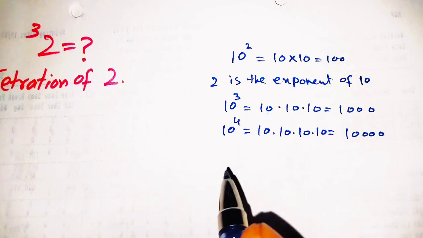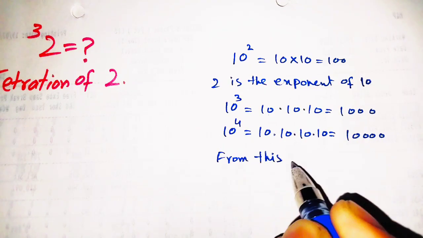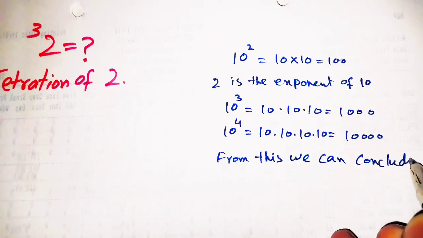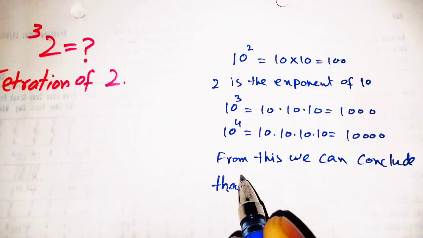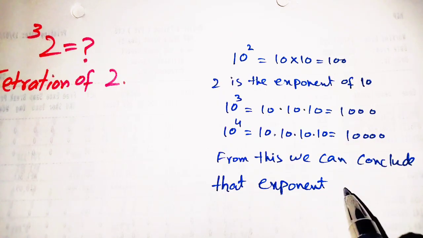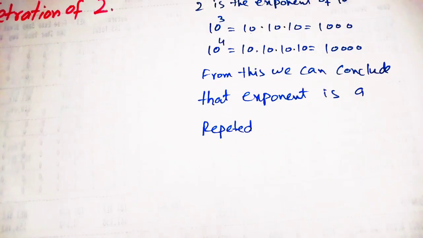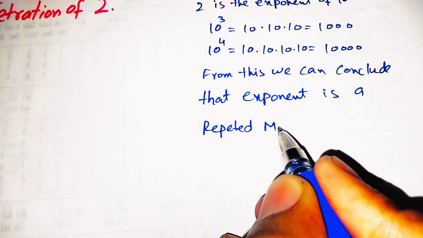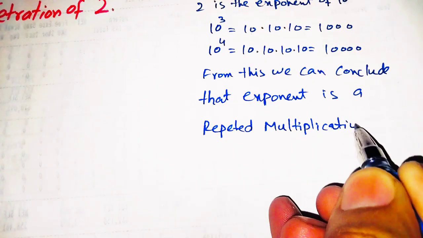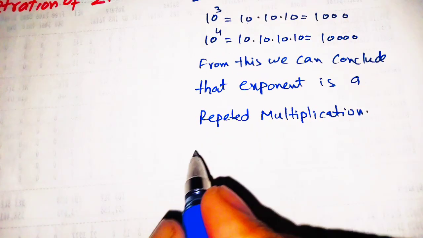From this we can conclude that exponent is a repeated multiplication, and if we write